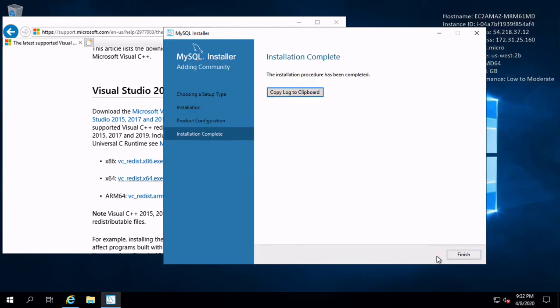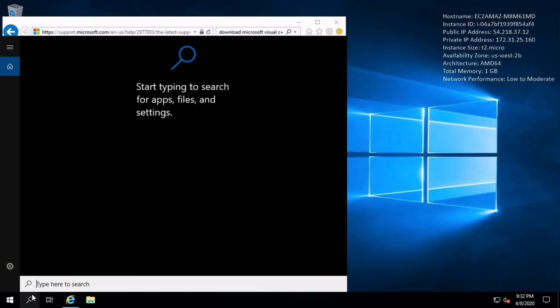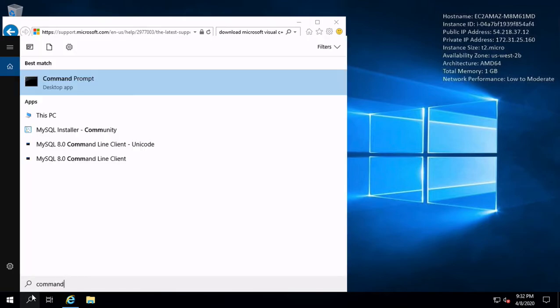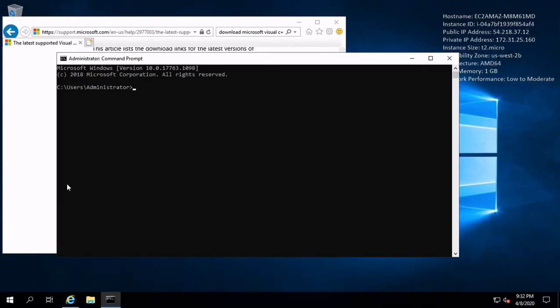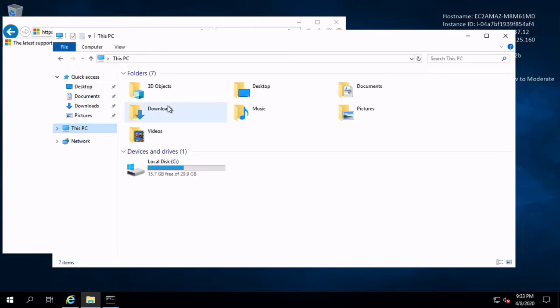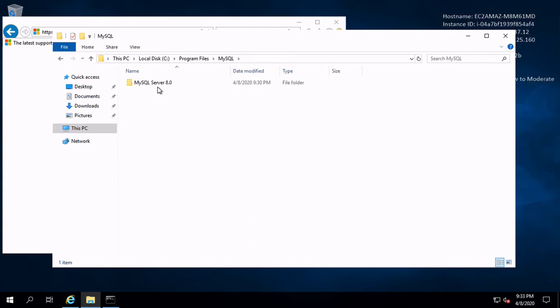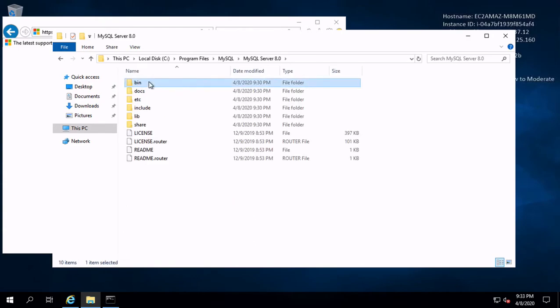Click next and finish. Now let's access the command prompt. Try to hit mysql. So now you're wondering, we have installed MySQL server, but you still don't have it. It's because we haven't added the MySQL bin to the path. And to find that, you go to This PC, Local Disk C, Program Files, MySQL Server 8.0, click the bin,